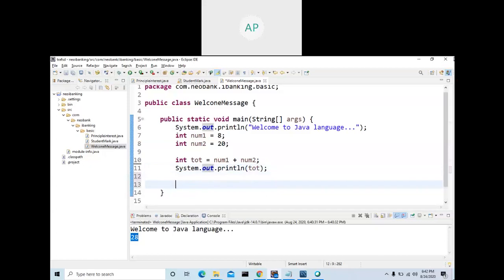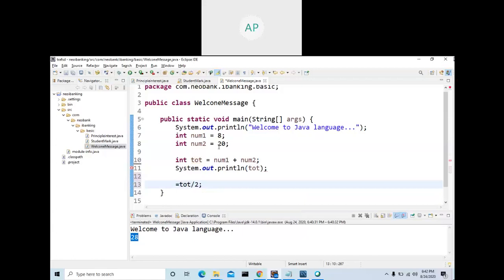Then how will you write the instruction? Total, TOT, divided by 2. If you want to find the percentage, divided by 2, only two values. If it is 5 marks, divided by 5, so you get a percentage.